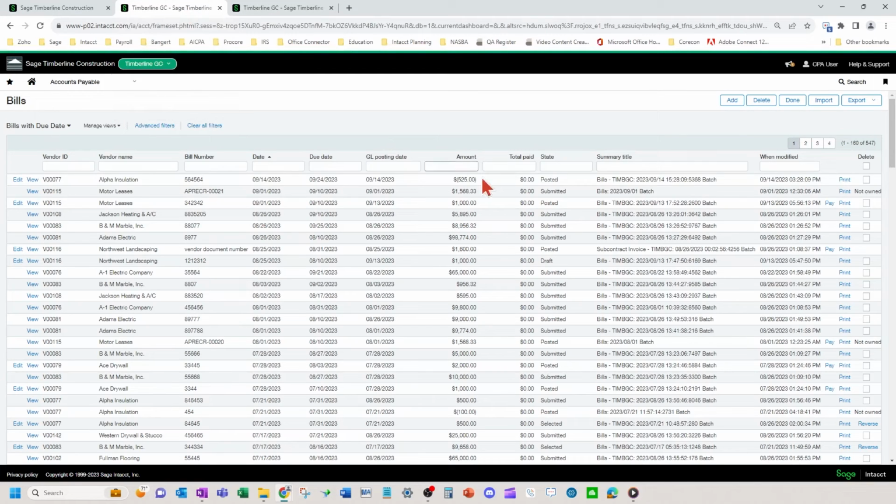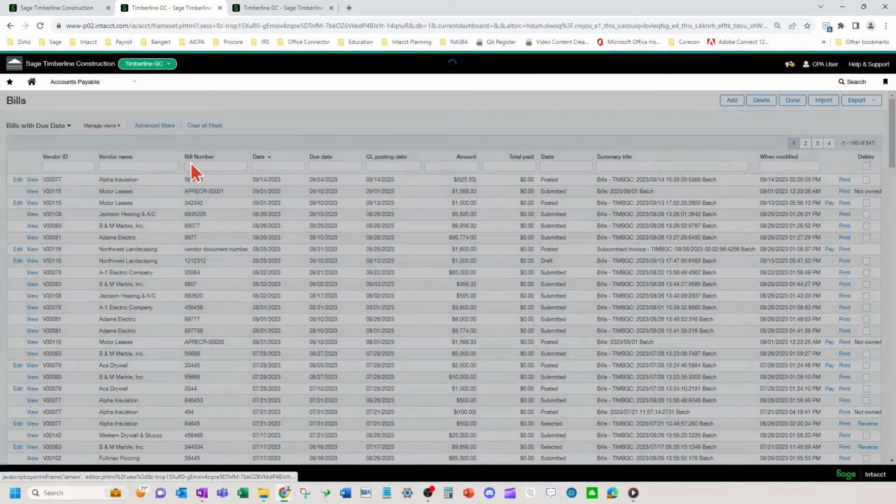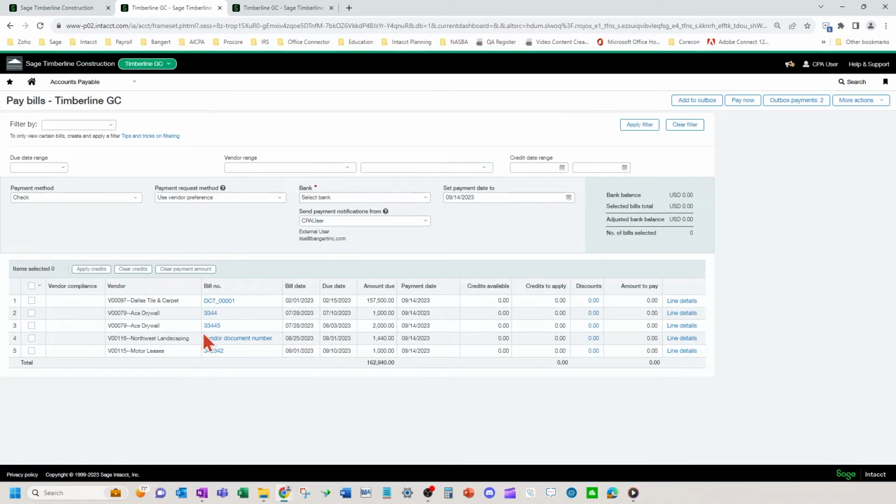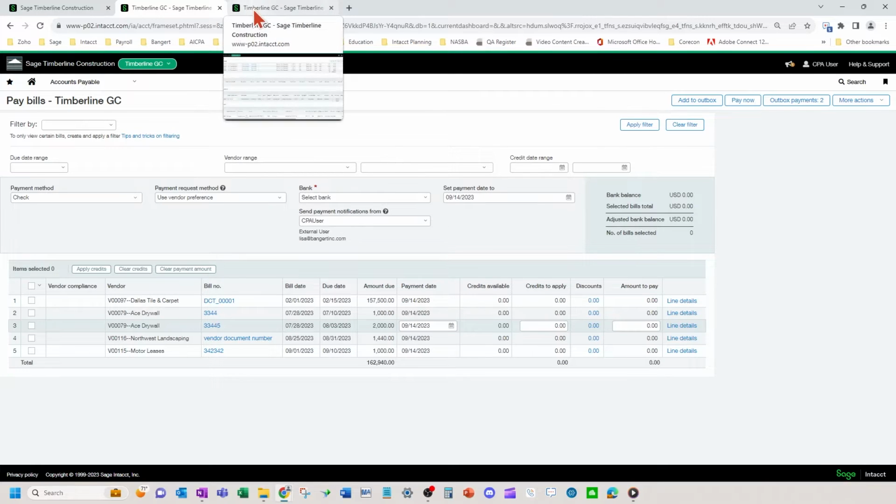So the only thing you need to be aware of when you do this is that when you pay the bills, it's going to list that negative accounts payable as a separate line, unlike an AP adjustment where it shows it in the credits available area. So when you're paying bills, you want to be careful that you do pick both the positive and the negative if you're going to use negative AP bills or have that happen. Okay. So just to point that out.